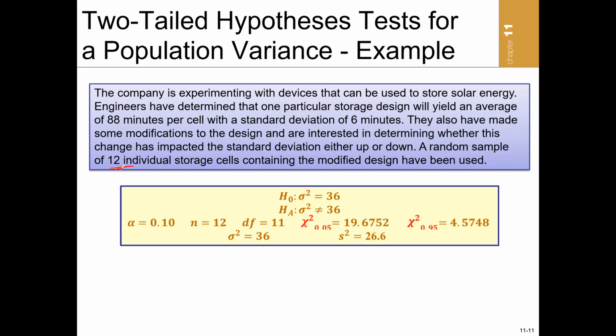But even aside that, they are interested in testing whether the standard deviation will either go up or down. So this simply means that if the population standard deviation is 6 minutes,